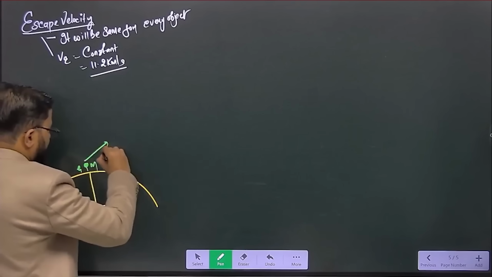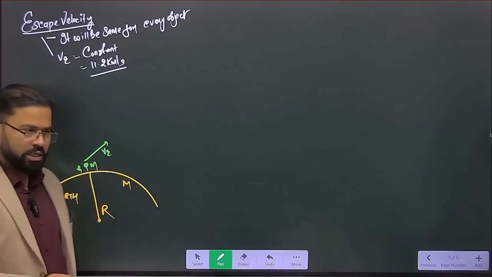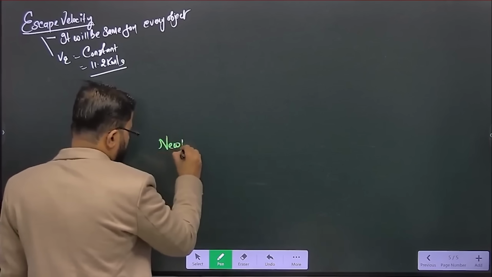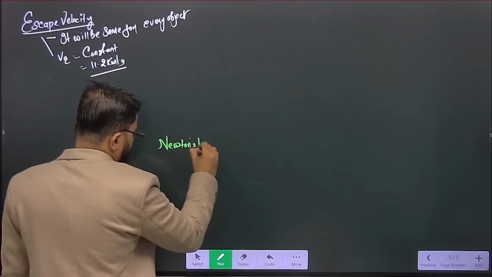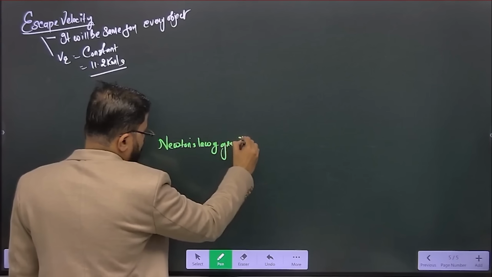It has to be thrown with what? Escape velocity. It has to be thrown with escape velocity. Consider it. Now, if you go through Newton's law of gravitation,